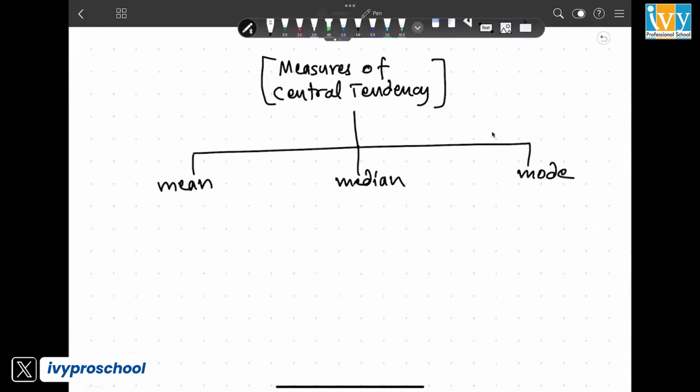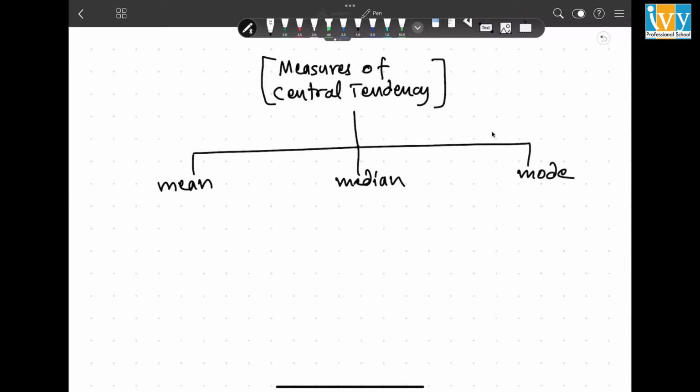Mean, median, mode, these are the three basic concepts that you should understand whenever you are trying to find the central tendency of the data. Why do we find the central tendency of the data? Every column in your data gives you a rough idea, if you find the central tendency of it, of how that column is spread.